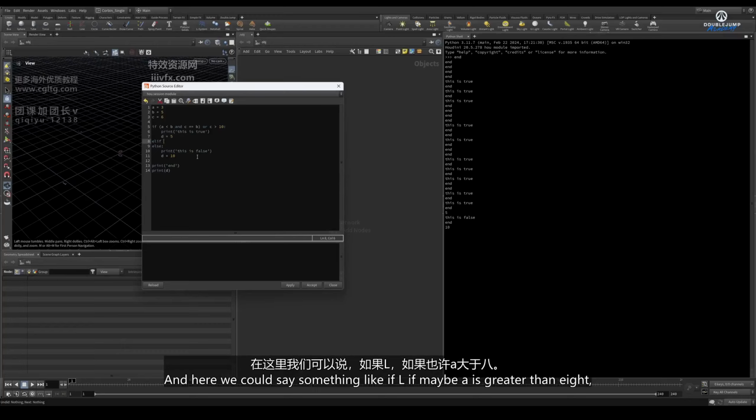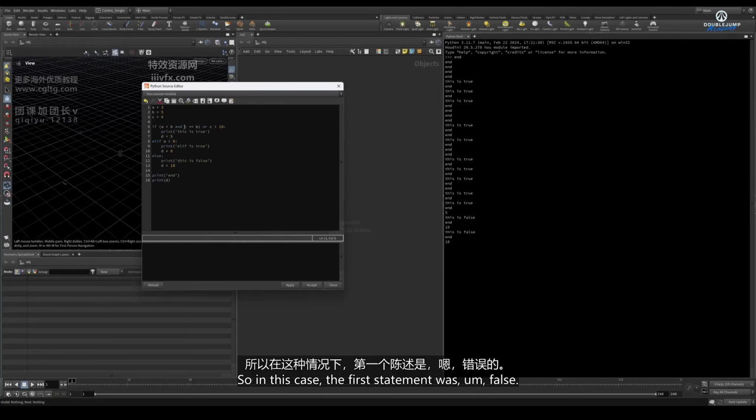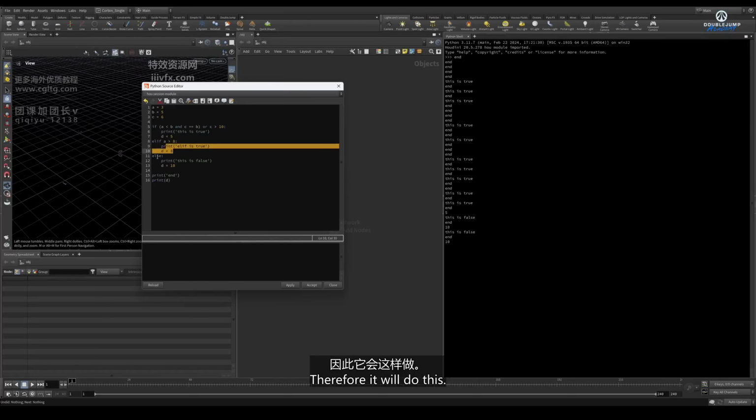And here we could say something like elif, maybe a is greater than 8, then do this other thing. Okay, so then we'll just say elif is true, right? And maybe we'll give d something, so d equals 8. Okay, so in this case, the first statement was false, so it goes to this block. A is not greater than 8, so this one's also false, so it doesn't do this one, therefore it will